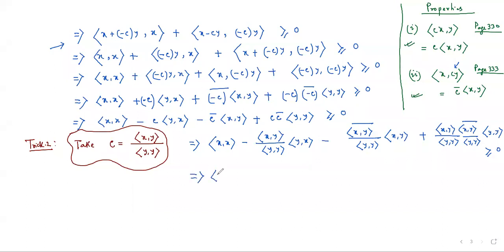This implies x comma x, and just observe this particular part. We can write it as x comma y inner product, and this y comma x, another property I'm going to use over here. You know that property. It comes from the definition of inner product. It says that the complex conjugation of the inner product x comma y is y comma x. So I'm going to apply this over here. We can write y comma x as x comma y bar.